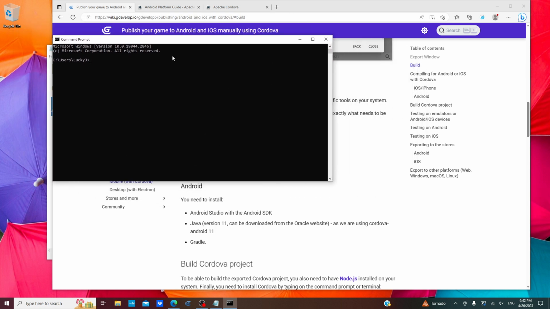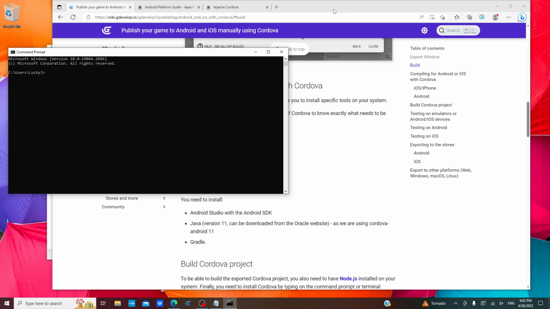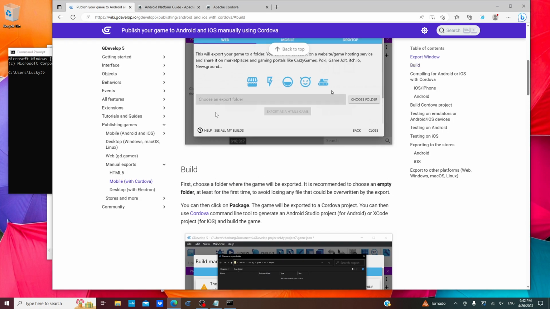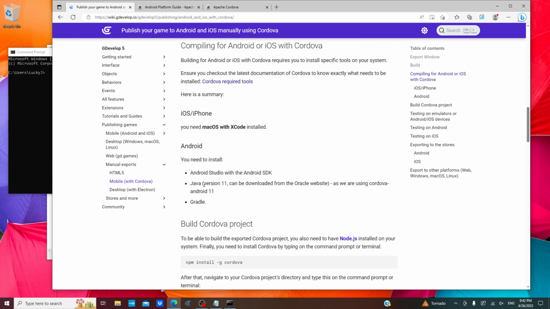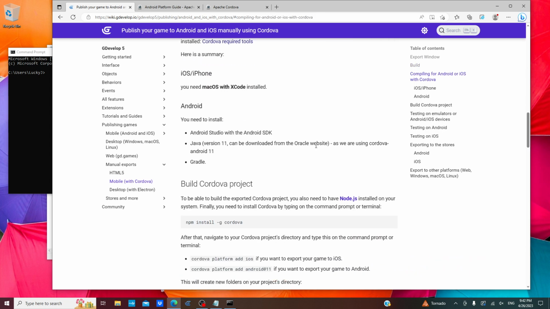Okay? They are assuming that we're going to be doing everything in this command line interface. So that is why they have extra things like they want us to install Java 11, the JDK 11, Gradle,